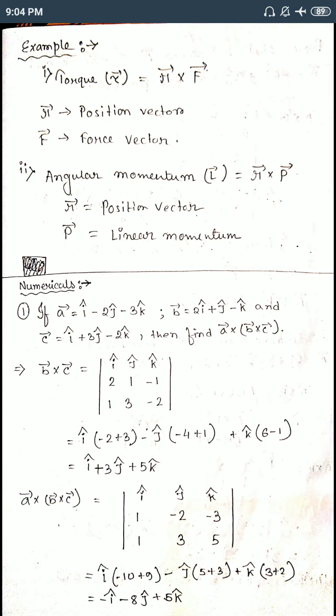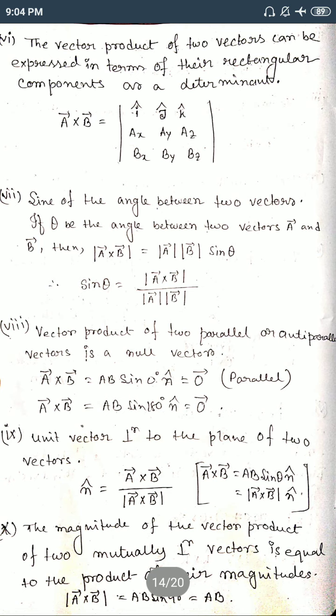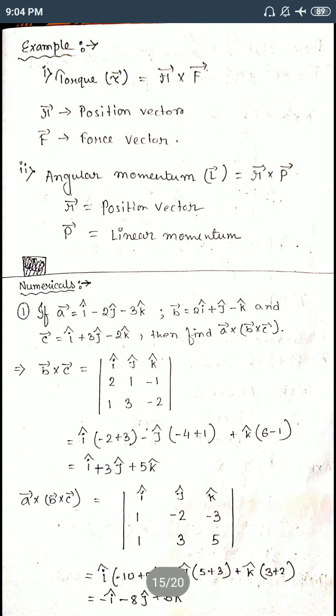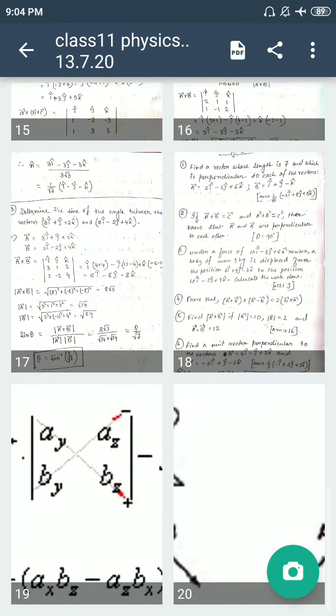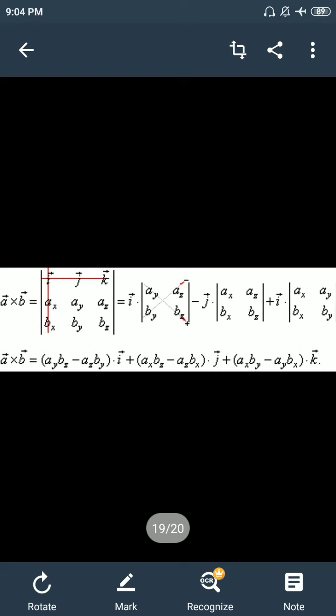Now, how can we explain the determinant form, the sixth number property, how do we break it? I will explain that first. Like this way we can break this determinant form. First, when you write i, j, k, and multiply with the terms, i means plus, j means minus, k means plus. This is fixed for a determinant: first column plus, second column negative, third column plus.